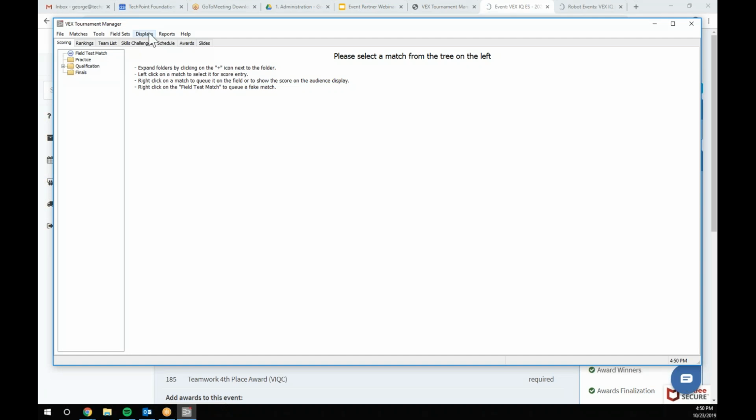So I'm going to give that example, just one timer, one projector, huge screen that you'll use. So you're going to go to displays, and you're going to go start new display, and you're going to do audience display full. Now there's a lot of different options here, but we're just going to deal with audience display full. So you think about it, audience display, we want the audience to see it. Full versus overlay. Full is a full screen. Overlay is if you use a green screen for a camera, and you're not going to use that in this example. So I'm going to click this, and it's going to pop up on my other window, I bet,